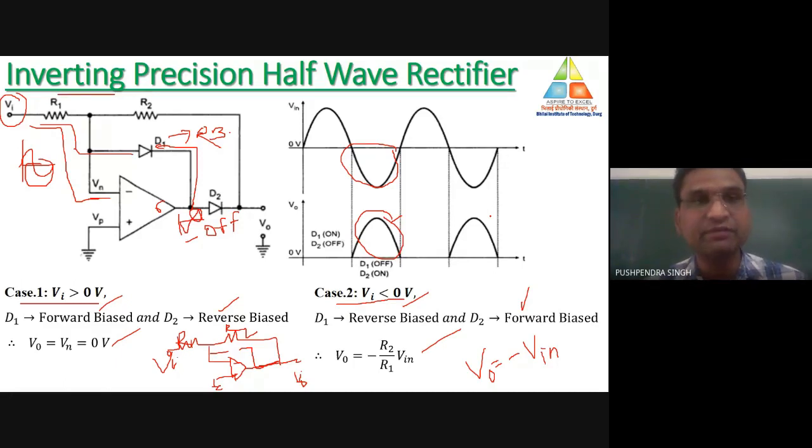So this is the basic working principle of the inverting precision half wave rectifier. You can design the second kind of inverting precision half wave rectifier circuit. I am leaving that operation of the circuit with you. On that condition, you need to reverse the direction of the diode, and by supplying the input sinusoidal signal, generate the output waveform. It is so simple. Just remember whatever I told you for the operation of the inverting half wave rectifier circuit. In the same way you can generate the waveform of that circuit.